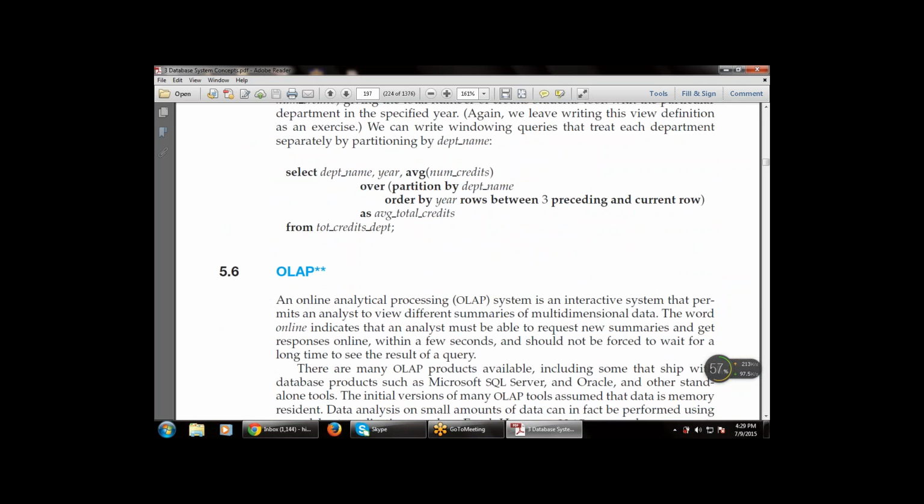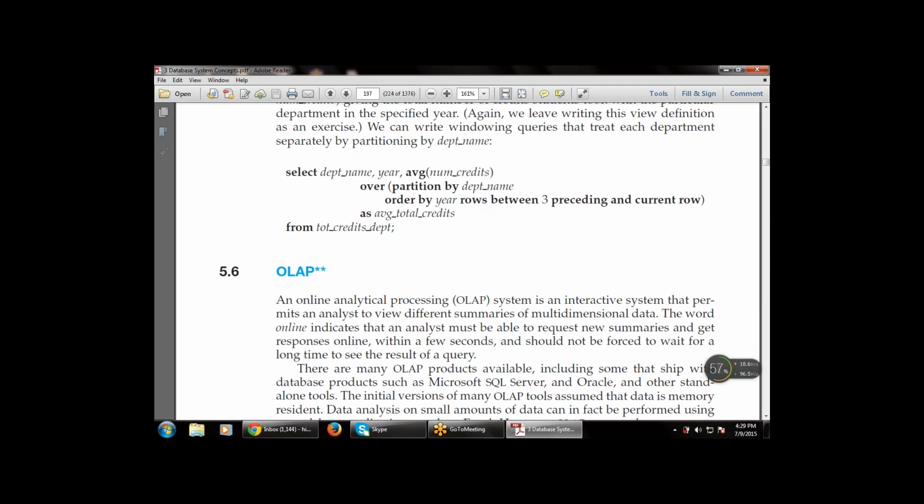Then we have also discussed the OLAP, which is an important concept, and that is the last topic of this chapter. That is, what is OLAP? It is the online analytical processing system. Whenever we do the analytical part, whenever we use any analytics system and process data using the online method, that is known as the online analytical processing system, the OLAP system.